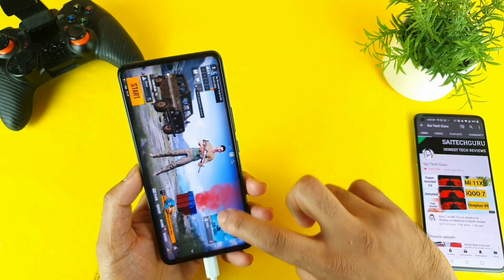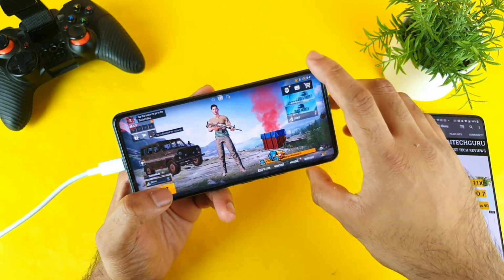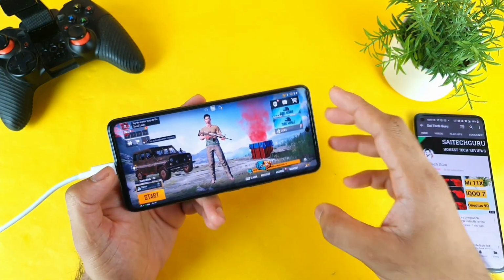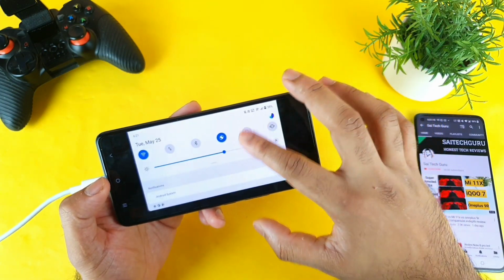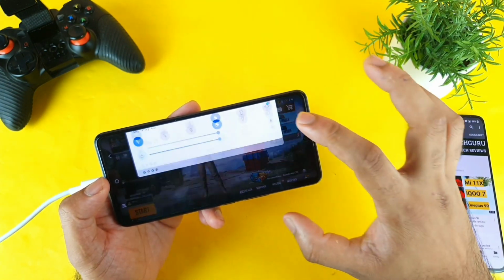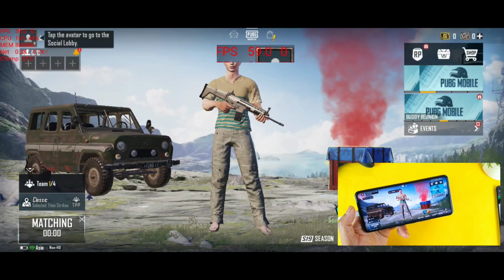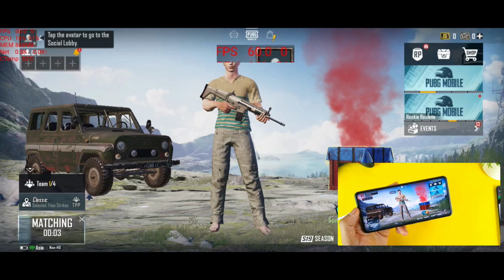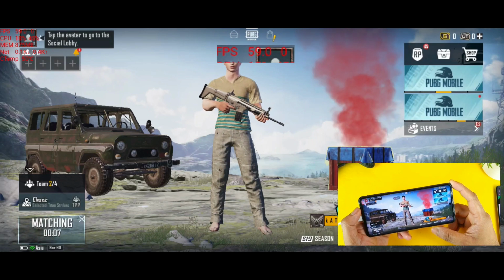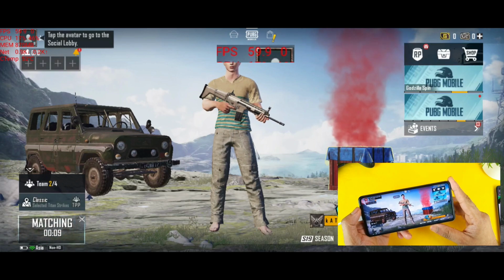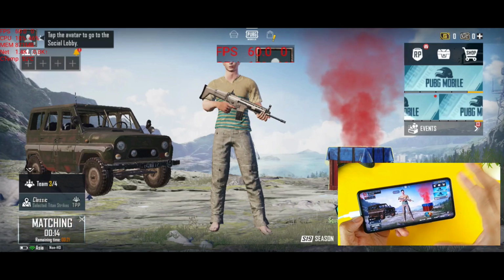So let me continue the game here. It is a PUBG game and here I got the FPS meter installed, and let me start the match and show you what is happening and whether there is any lag or not. So you'll get to know clear results. Let me start the recording now so you know what is happening. It's a screen recording friends. Now the screen recording has been started successfully. Now you'll be able to see the real-time FPS meter on the top here. Let's see whether there will be any kind of lag when you're trying to drop exactly in the boot camp area. That is what this complete video is.